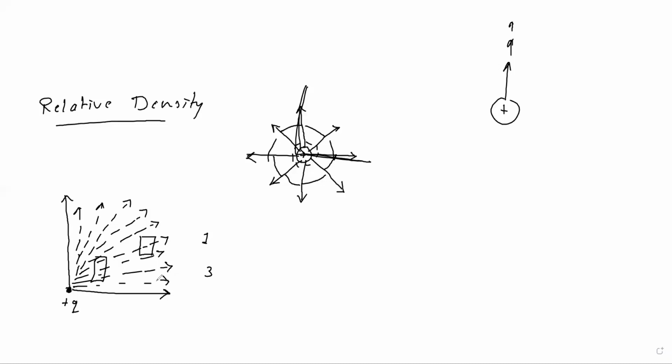So what can we say? We can say that the strength of the magnitude of the electric field away from the electric charge is less, whereas the strength near the electric charge is very strong. The relative density is more over here, whereas it is less over here. Here, 3 lines are passing because the density is more. As we move away from the charge, only one line is crossing through this area. Therefore, the strength is weak.